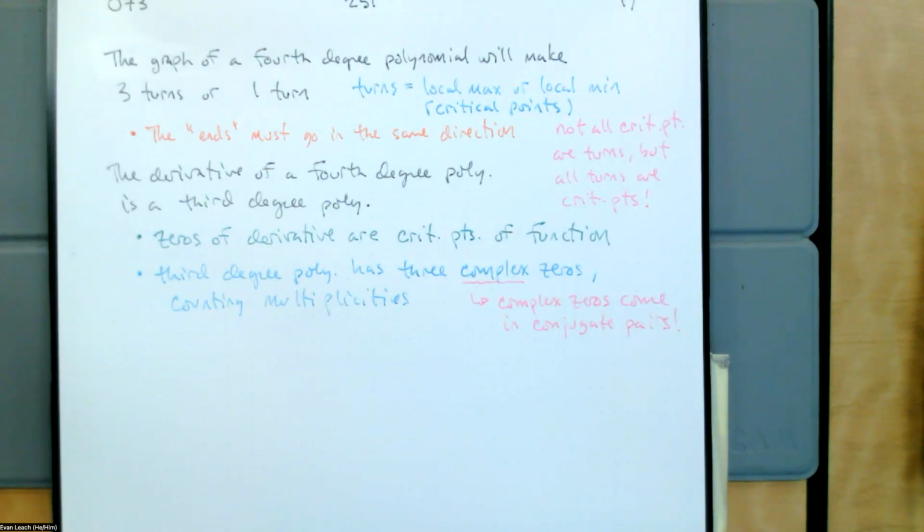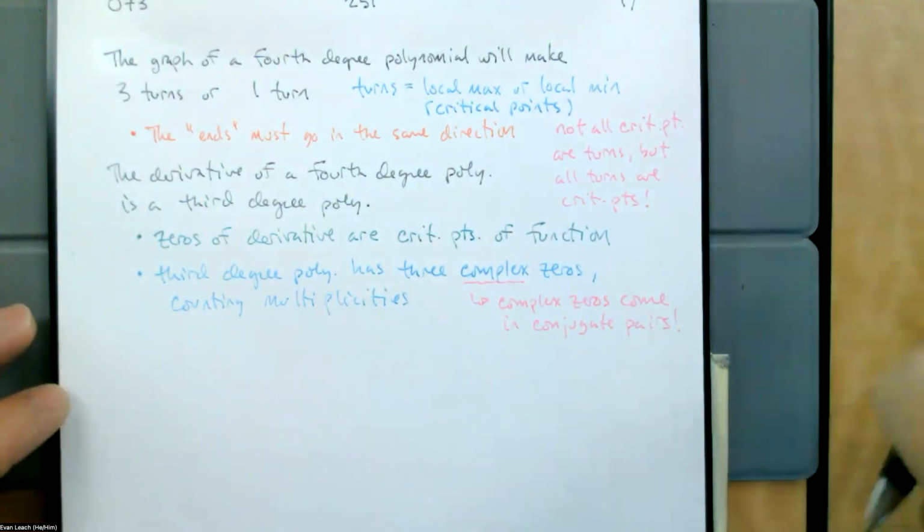Now we're just going to list what could possibly happen. Question? That's the fundamental theorem of algebra. An nth degree polynomial has n complex zeros counting multiplicities. Each zero will be a factor in the polynomial. If we have a third degree polynomial, it can have 3 factors with complex coefficients, but no more. The multiplicity part means that one of those factors could be squared. So it could be that we have